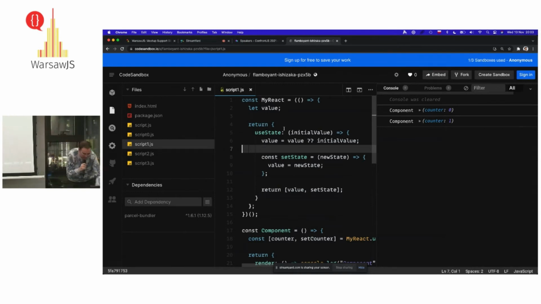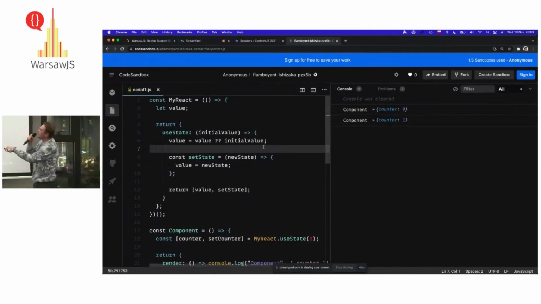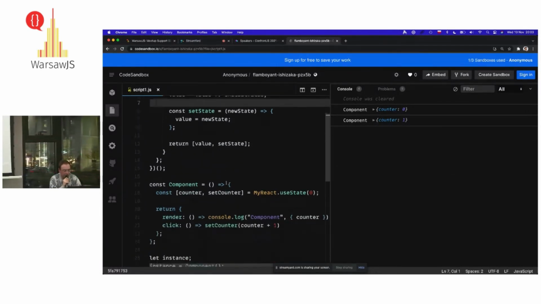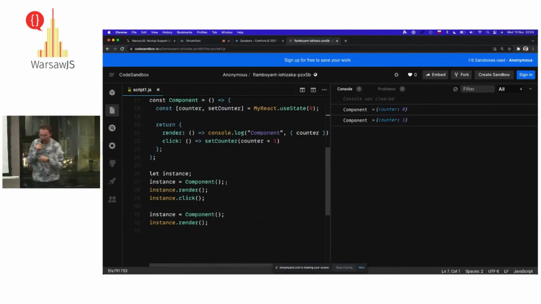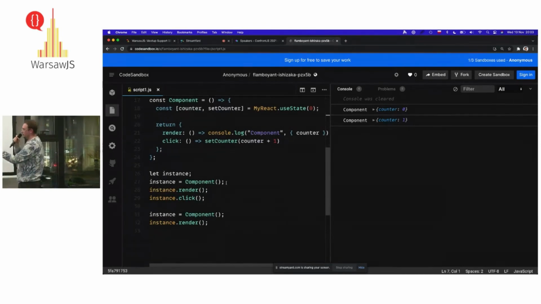Okay, so in here you can see that we hold the value here, and every time we call the useState right now, we'll be trying to return that value. And what the component does this time is we've got an instance, and then we try to call the component.